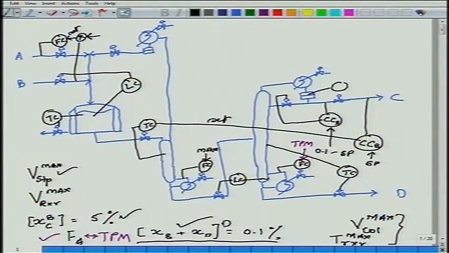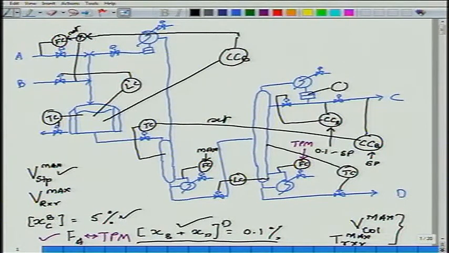Okay. And how do I adjust this composition set point? Well, some composition somewhere inside the recycle loop. I am just showing, let's just do a composition controller which keeps the limiting reactant, B, composition maintained. Right. This was the control system that we had, and then of course, the rest is straightforward. Level control is done, level control here is done, you can put in the level controller everywhere else.